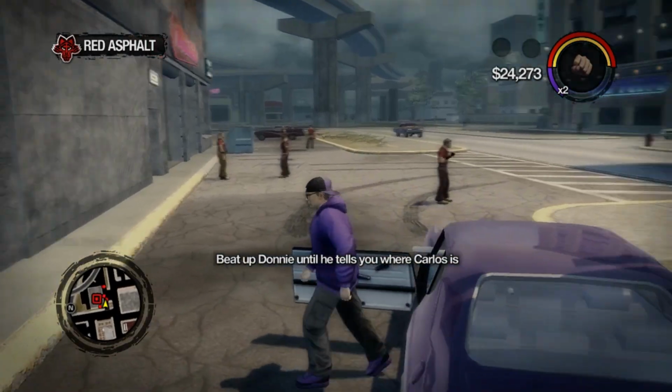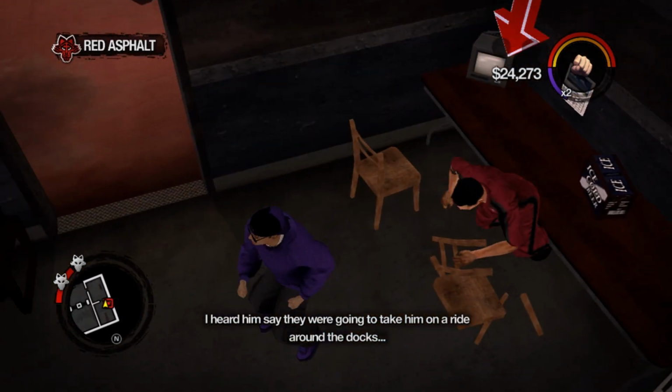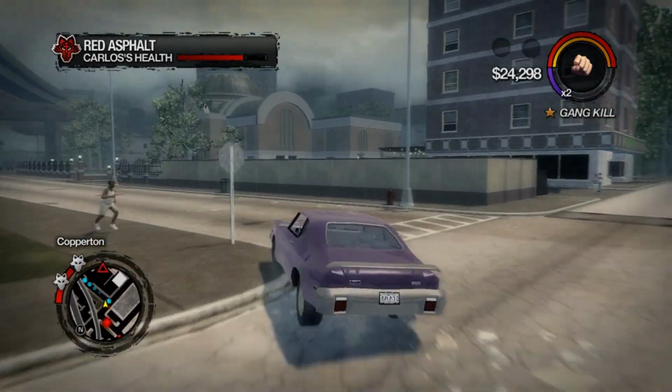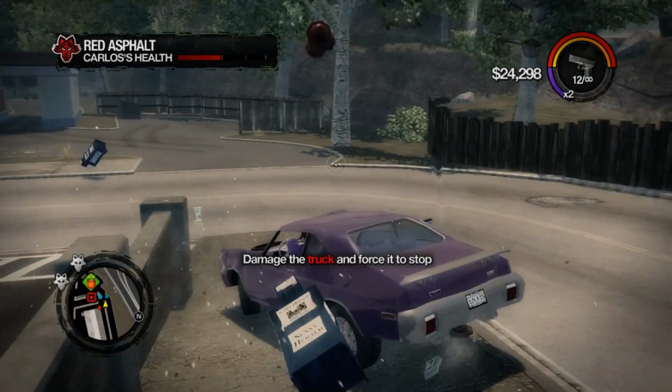With no further intel, you head over to Donnie's garage and furiously beat him until he coughs up something useful. He says that they are driving him around the docks. The clock starts ticking as you need to reach Carlos before he runs out of health. When you catch up, you realize that he's been chained to the back of a truck and is being dragged